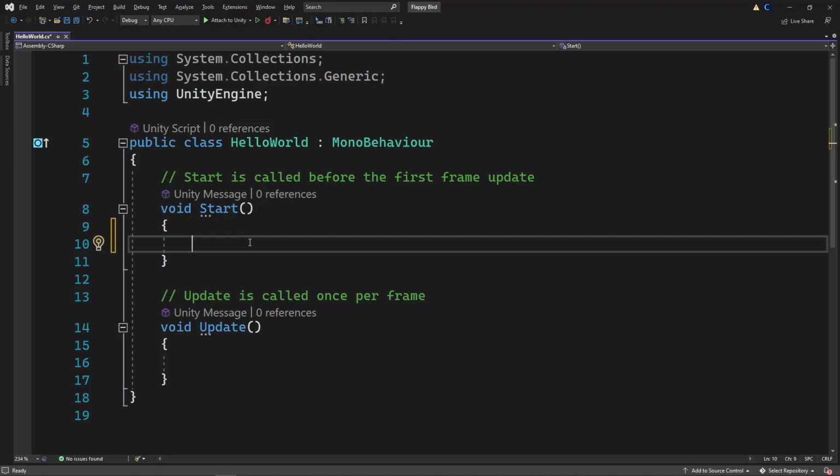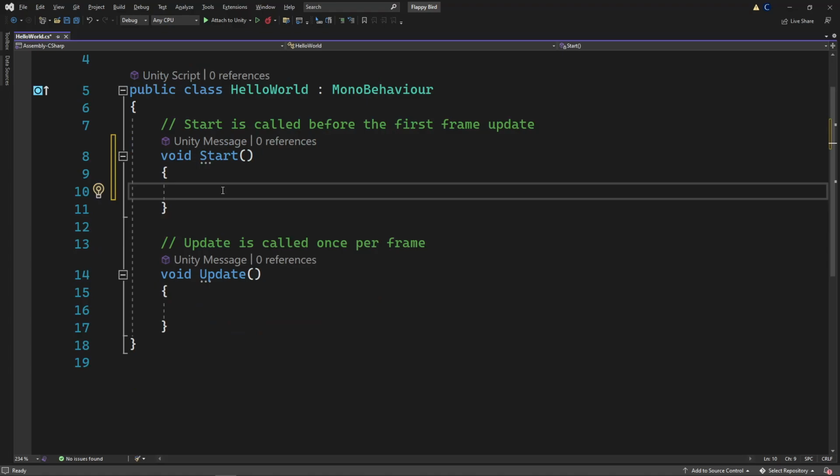And so anything belonging inside of this start curly brace belongs to this. So anytime we want to write some code that happens at the very start of the game, it says right here in this comment, start is called before the first frame update at the start of the game. And for update, update is called once a frame, usually 60 times a second. So if I was to code in some player movement, I would type in some code in update, and if I was just trying to, say, initialize the player health, make it so that it equals 10 or whatever our default health is, I would put that in start.